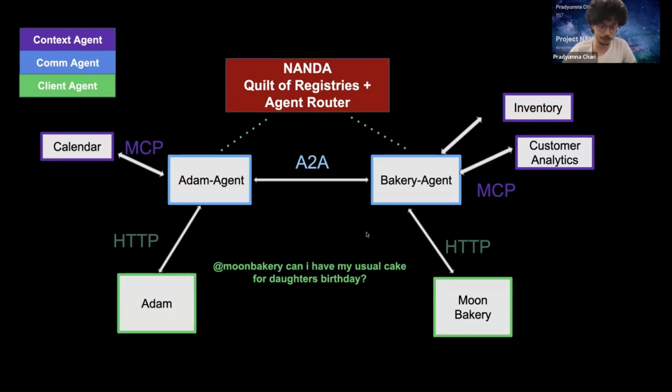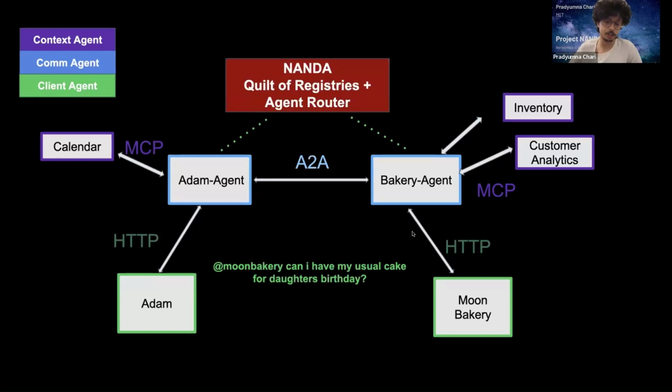The fourth are client agents. These are interfaced via LLMs such as Claude or ChatGPT, and you actually ask them questions, such as over here. You can ask a client agent a question such as, reach out to Moon Bakery and ask them whether I can have my usual birthday cake for my daughter's birthday. You can also have your own personal agent, and this personal agent can of course be registered via the Nanda registry,